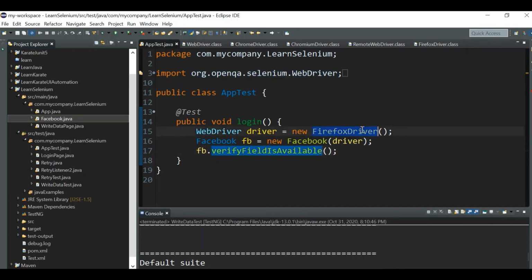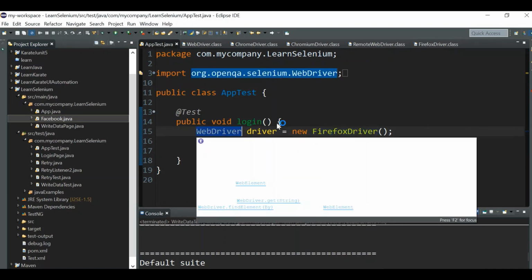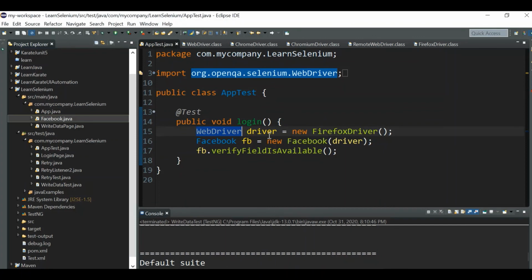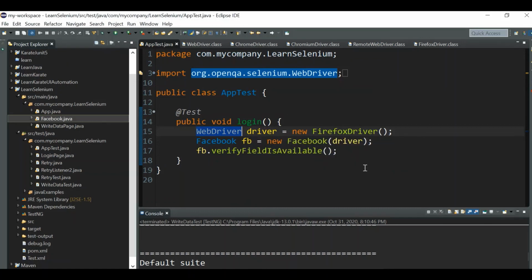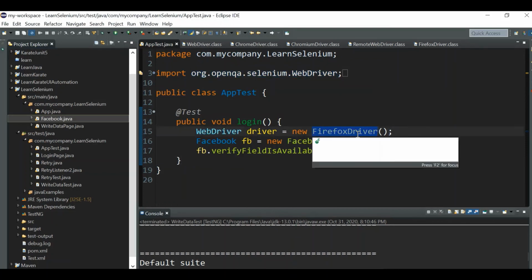When you create the object of Firefox driver or the Chrome driver and assign it to the WebDriver as a parent reference, even if the browser changes or your requirement changes, you don't have to update your code in any way, because all methods will be generic and there won't be any error if you are updating a driver object.